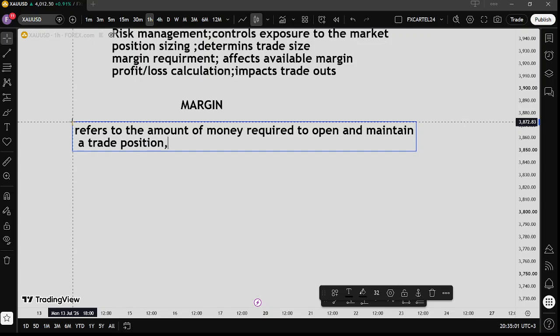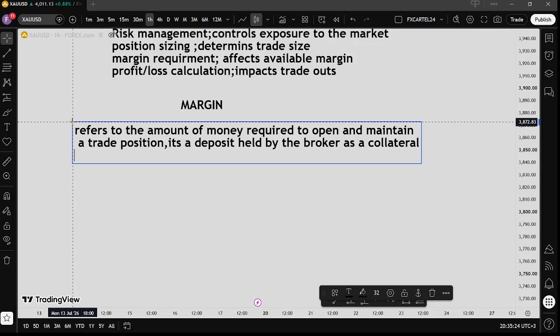And also it's a deposit held by the broker as a collateral for potential